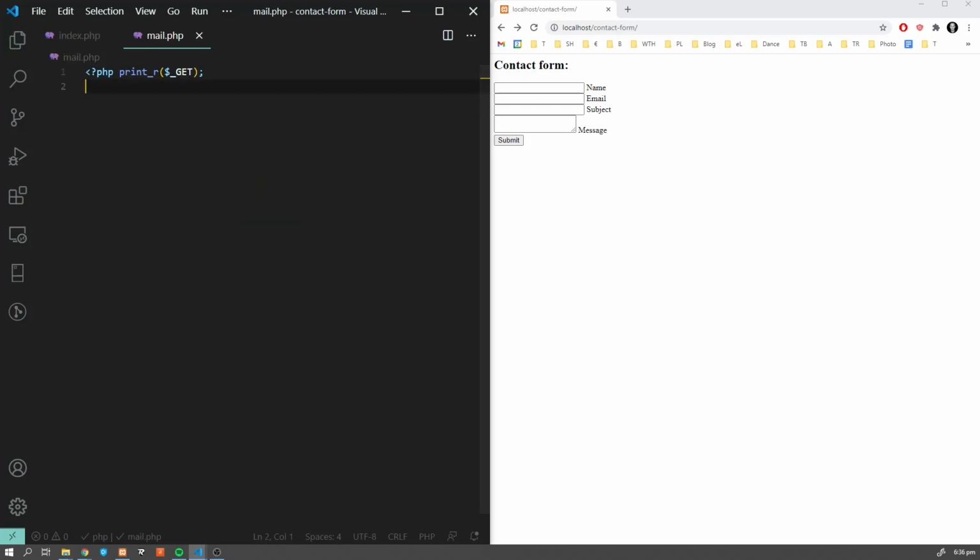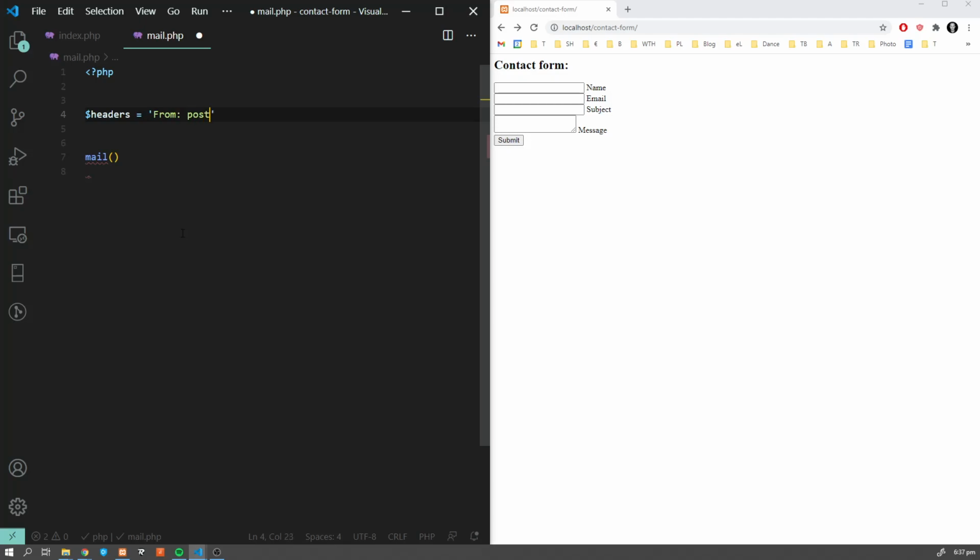Now let me get back to mail.php. What we need to do now is first set headers. We're going to be using a mail function, but I'm going to talk about it a little bit later. For now, let's set headers first. As far as headers are concerned, we're going to set the From value.